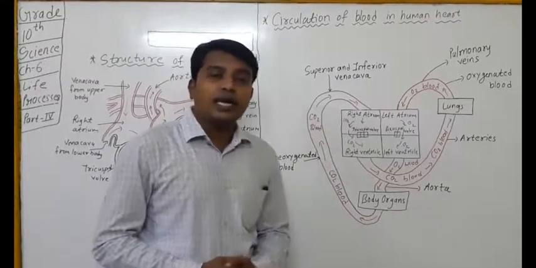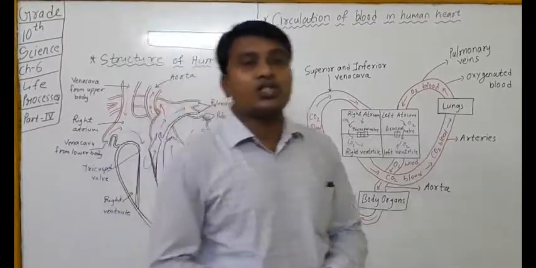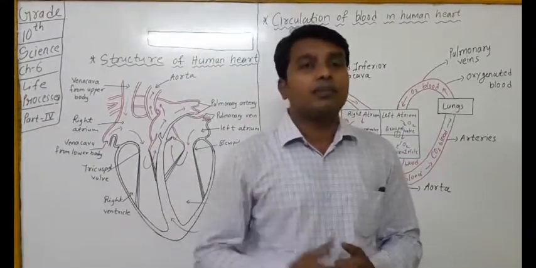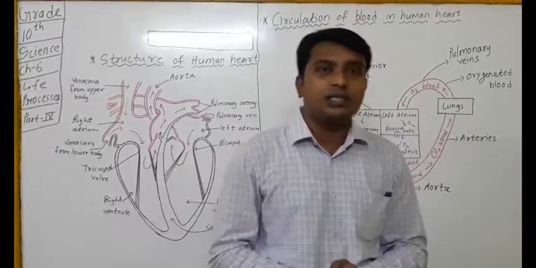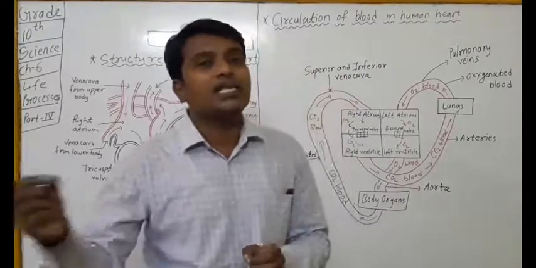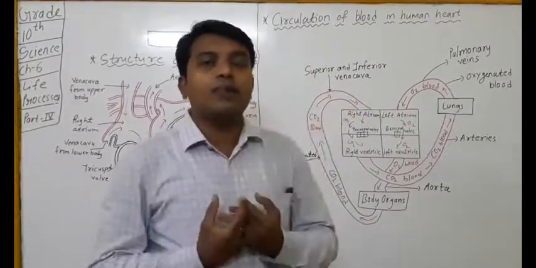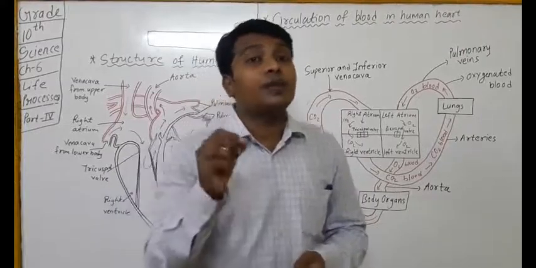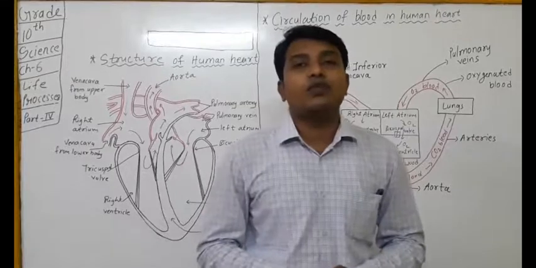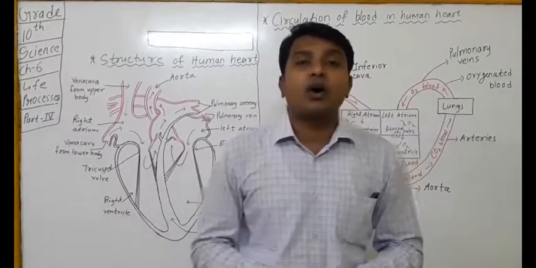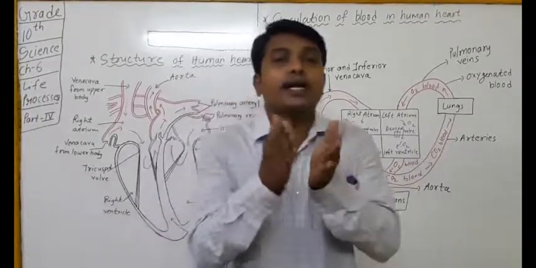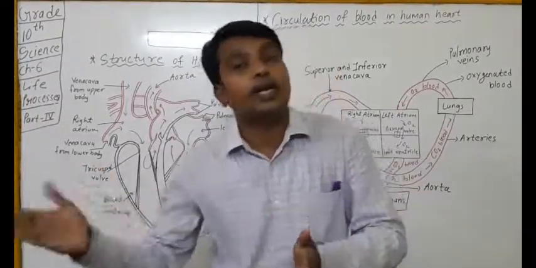As we know, various arteries carry the oxygenated blood to various parts of the body. After reaching those parts, they get divided into various capillaries. Those capillaries now provide that oxygenated blood to each and every cell. After taking that blood, cells undergo respiration, which is also known as cellular respiration. By cellular respiration, what happens? That oxygenated blood is converted into deoxygenated blood. That means O2 containing blood is converted into CO2 containing blood.